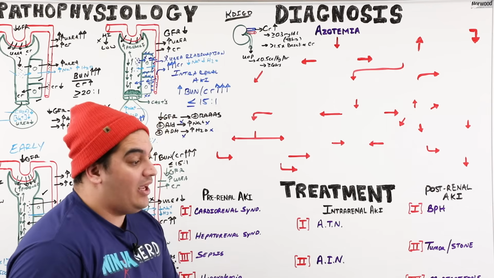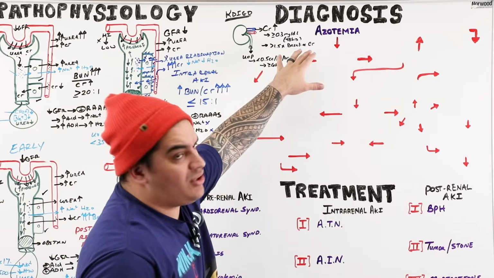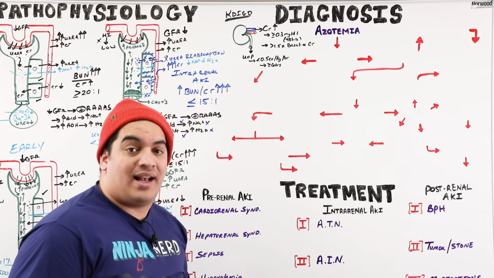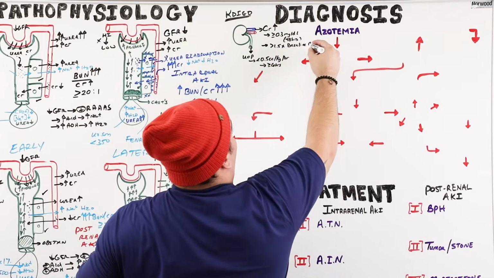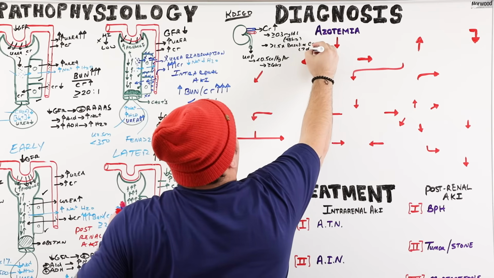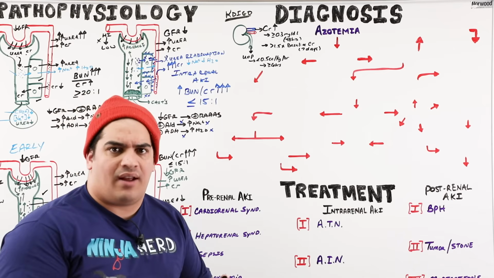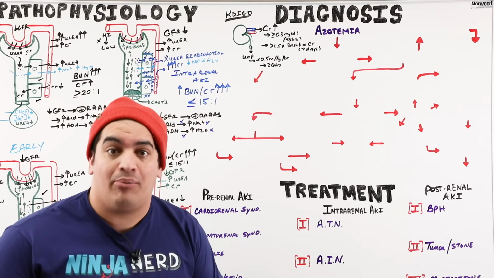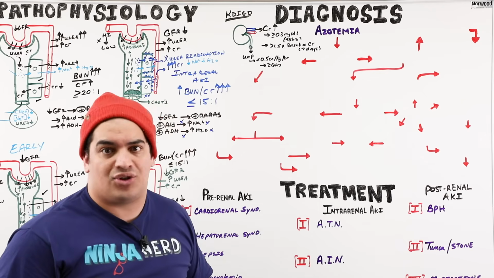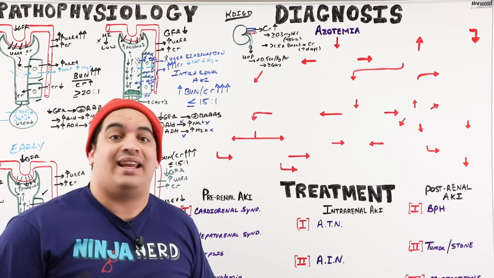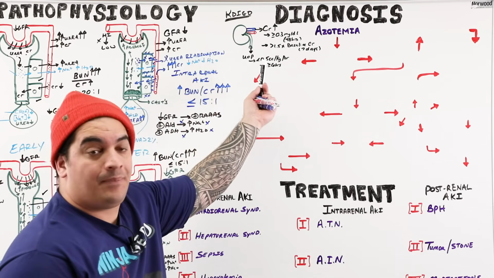So if I had a patient come in, I'm looking at their actual labs, you're more likely to diagnose it off the creatinine. Oh, their creatinine went up by 0.3 in the past 48 hours. Or they have 1.5 or greater times the baseline creatinine within the past 7 days. That's also an AKI. Or if they're in the hospital and have a Foley catheter and they're monitoring their urine output daily, you're seeing, oh, they've been making very little urine over the past 6 hours, 12 hours, 24 hours, or they're not making any urine. Those can be signs of an AKI. So that's the first thing, this would be AKI.